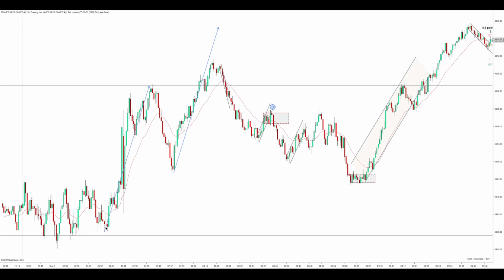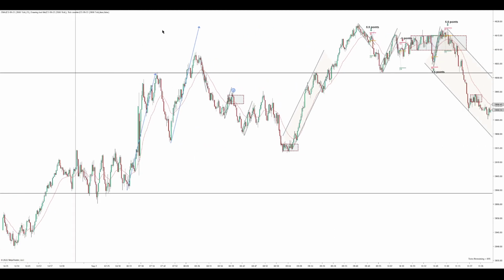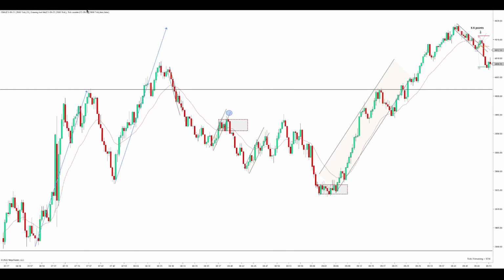So I had this leg up. I was gonna see if we could get a measured leg. We turned down before reaching it, but I do want to point out that it does end up reaching it basically to the tick. You can see those bodies reacting off of it over on the right. So I just wanted to point that out, and that was also a reason that I liked this trade over here. So yeah, I'll go over that when I get to it,